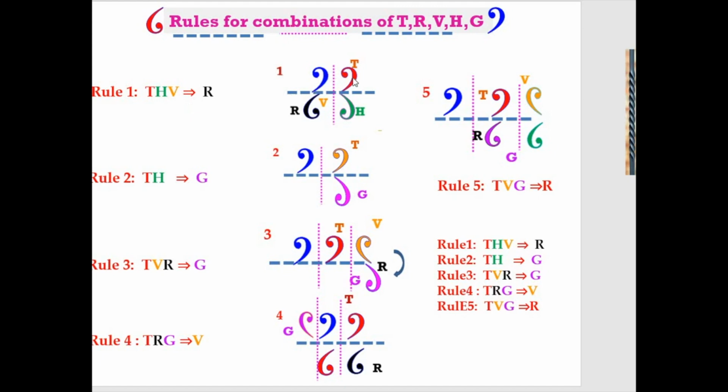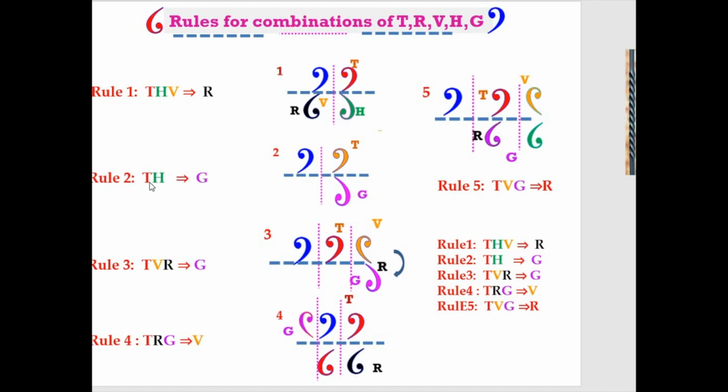Whenever you have translation and then horizontal reflection, you translate and then reflect horizontally, then when you consider vertical reflection, this is what you get. And when you rotate this through 180 degrees, this is the shape that you get. When you rotate this motif through 180 degrees about this point, you will get only this pattern. So whenever we have translation, horizontal reflection and vertical reflection, automatically there will be rotation through 180 degrees.